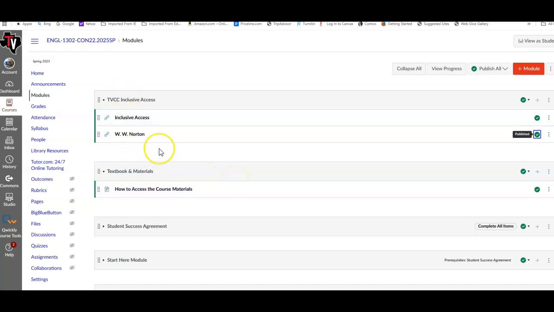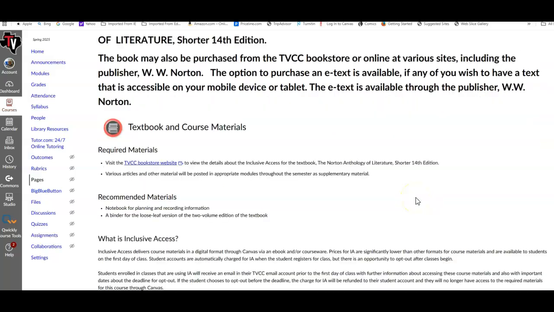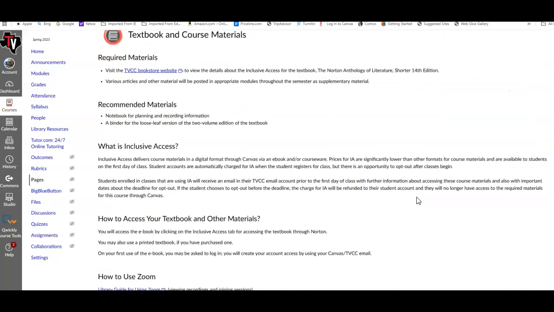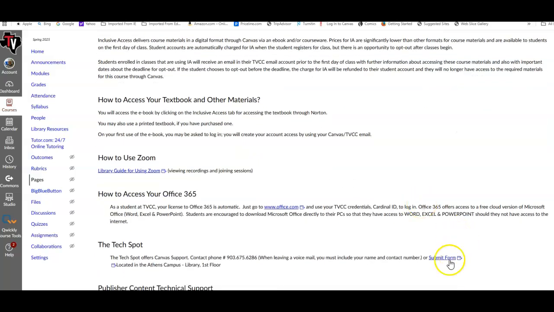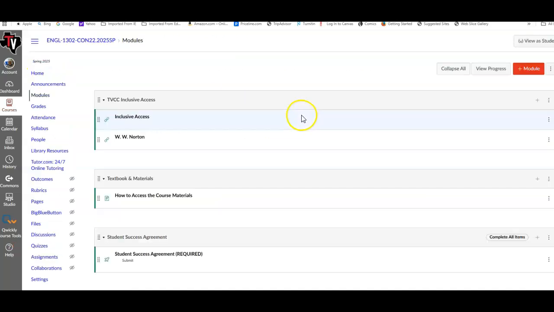Don't ask it. You would think that all this should be together, but no, we separate it out. If you do not want to use Inclusive Access, if you already have a copy of the textbook for some reason, you purchased one elsewhere, which you can buy a physical copy, you can opt out, and you just submit the form and tell the tech people that you want to opt out. If you do have issues trying to access the textbook, I give you the support link for Norton here. So those are the first few